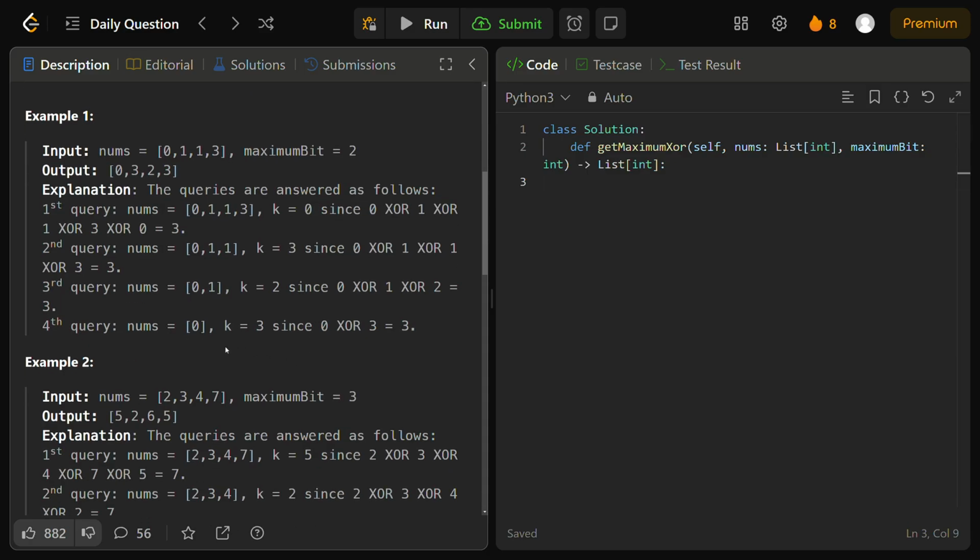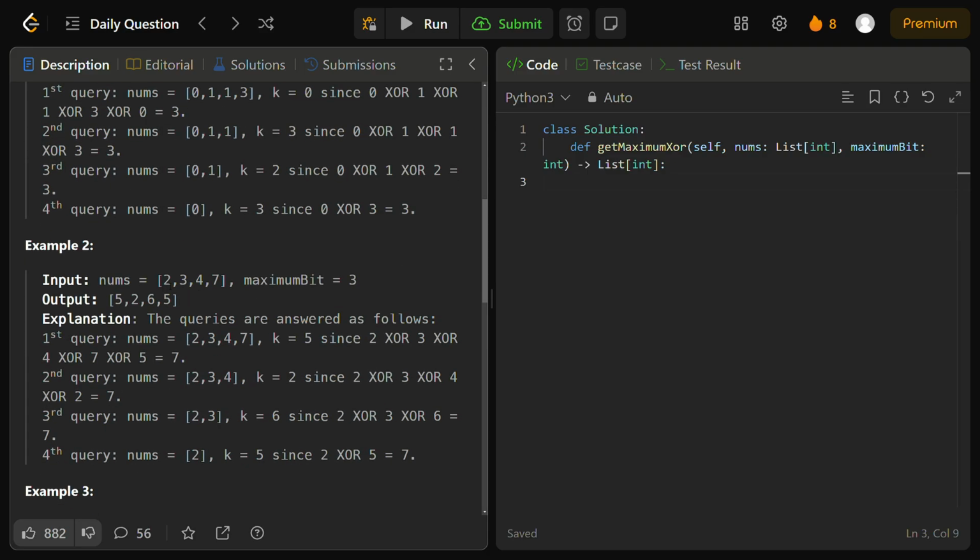In example 2, we have the input array nums to be 2, 3, 4, 7, and our maximum bit to be equal to 3 in this case. And so why do we output 5, 2, 6, 5? The queries are going to be answered in this sequential order. Our first query is going to be when our input array nums is 2, 3, 4, 7, and k is 5, since 2 XORed by 3, XORed by 4, XORed by 7, XORed by 5